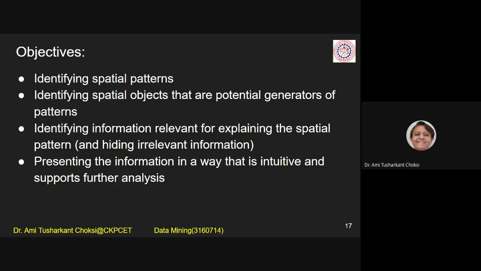So this is what I want to say to you: identifying information relevant for explaining. If irrelevant things are there, then we should avoid them. You can say, if I know cooking, should I remove that? No, it is my personal achievement, so I can definitely write it in my resume. But irrelevant in the way that I do not know cooking, if I want to say that, then I should not write it. You can understand with this example very easily, isn't it? Okay, so let us proceed.